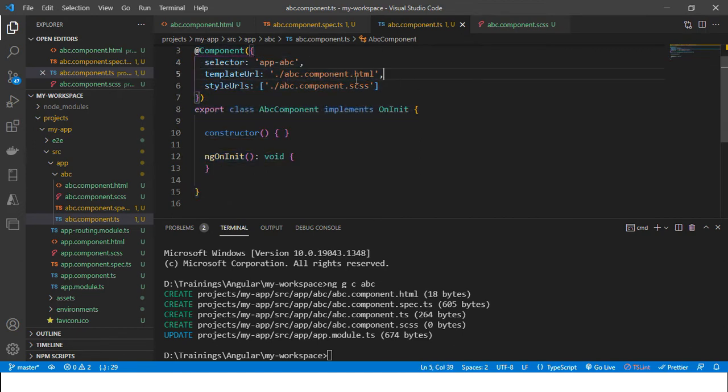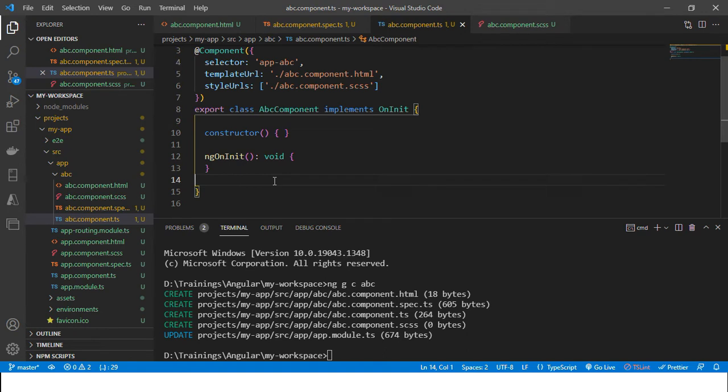We'll see that. And here the file path abc.component.html is the view. When the component is rendered, this view will be rendered in the browser. The required styles for this view are defined inside abc.component.scss.